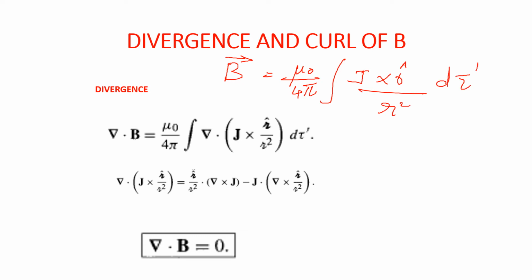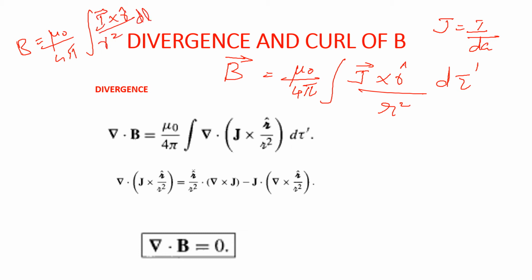Just rearrange the Biot-Savart law as J cross R d tau. It was I cross R dl we wrote. But we know J is I over area. So here it was actually I cross R. But how do we change the Biot-Savart law into a volume? For a volume element, it's the same expression. So what I did here is B equal to mu 0 divided by 4 pi integral I cross R cap divided by R square dl.